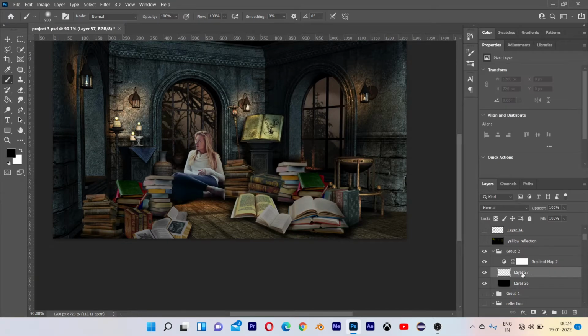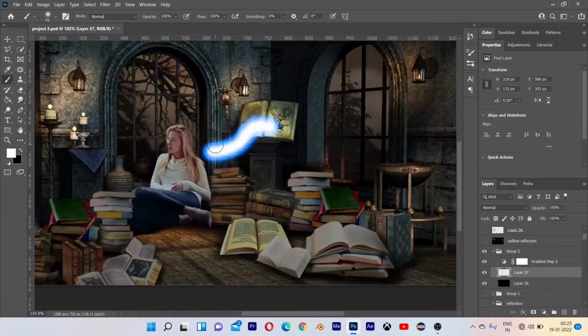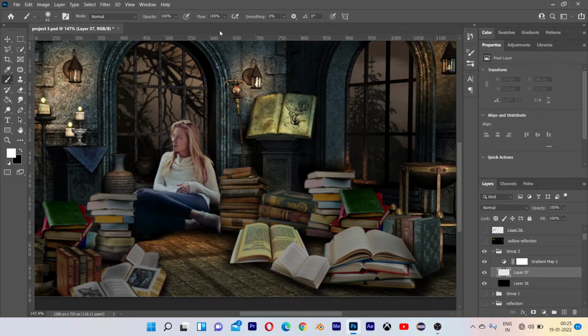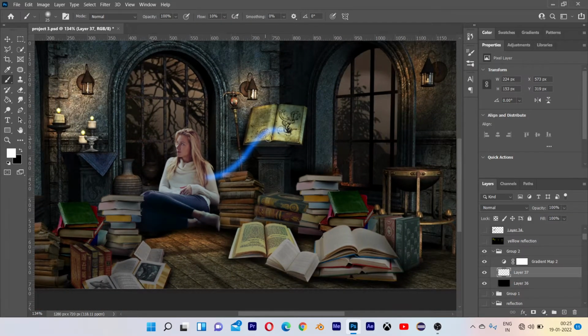Press OK, and with white color selected, wherever we paint, it will automatically create the magic part. So we will decrease the flow up to 10%, and we will draw the magic. You can give whatever design you want. I have given the method by which you can do that.